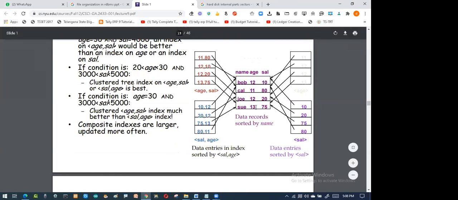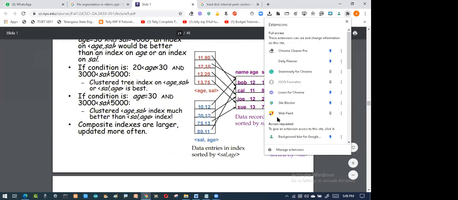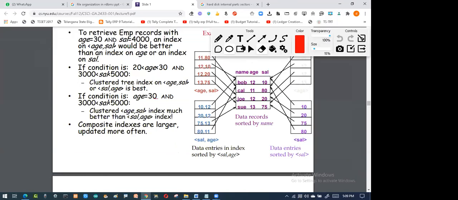So this is my data. This is my actual data which you've seen over here, the blue color data which you're finding. I'm highlighting this one. So this is your data that has been sorted. If it's not sorted, this is not going to come. Once the data has been sorted, this is your record.